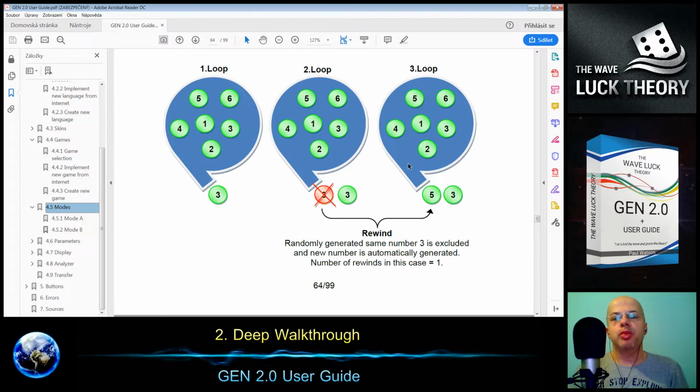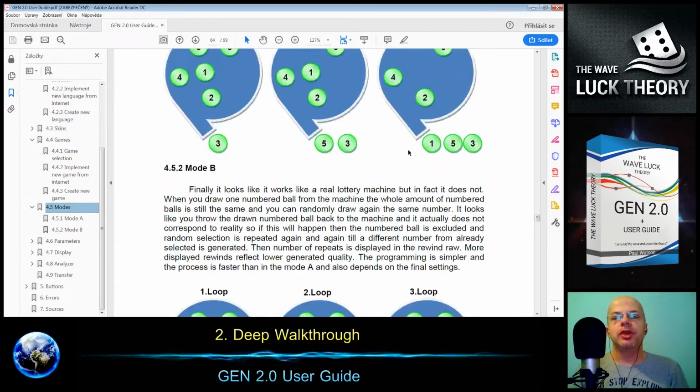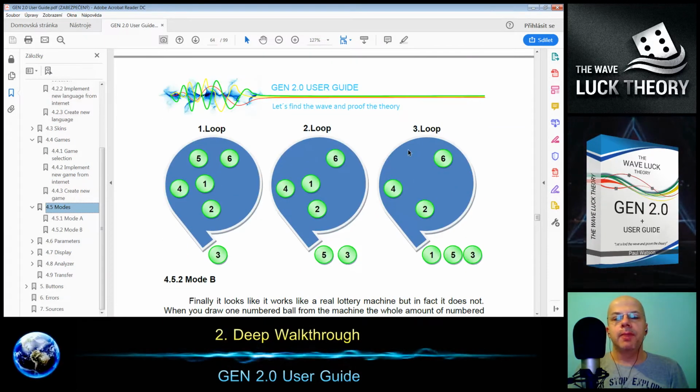I had programmed it in the beginning, but then I extended the generator with mode A, which is now here as the first one, and it corresponds fully to the real lottery. So we have in the beginning 6 balls inside if we have the range from 1 to 6, and then we select one number, number 3 for example. And in the second case we are not able to select the same number at all, so the number of rewinds will always be 0.